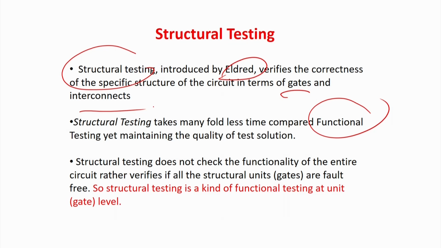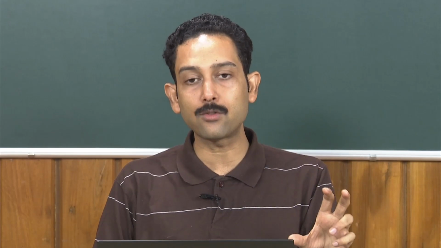And he has shown that if you do this, of course, you are not going to give me as high a guarantee as a functional test, but he has shown it by statistics, applying it over millions and millions of test runs, that if I follow such a philosophy, testing the circuit at the gate level, and you do not think about full functional level testing, the number of test patterns will come down drastically, but still the test quality or the test guarantee is more than 99.9% plus.